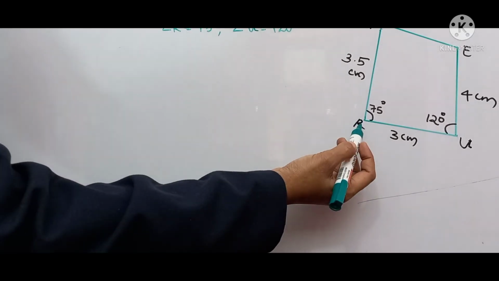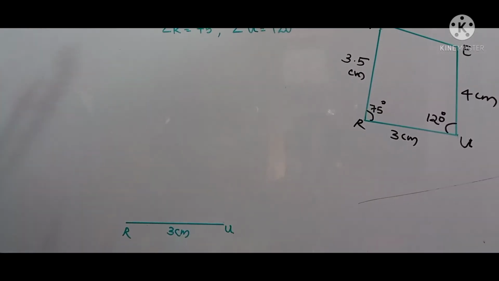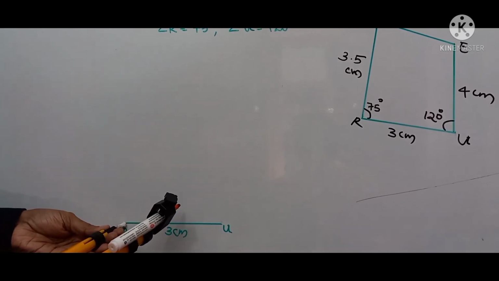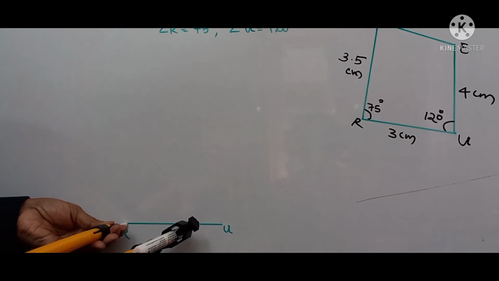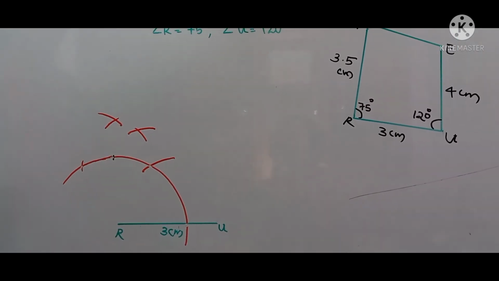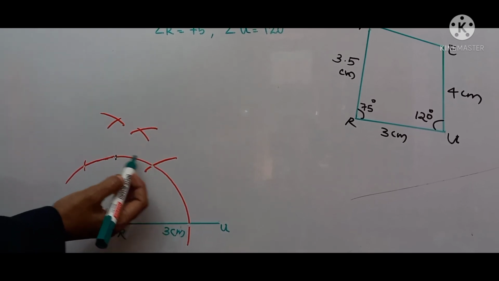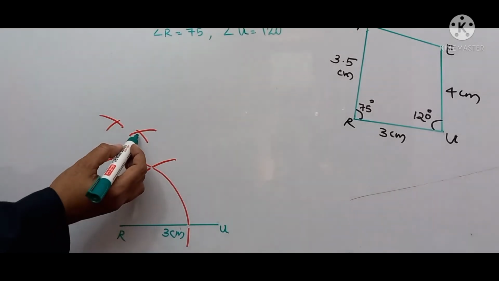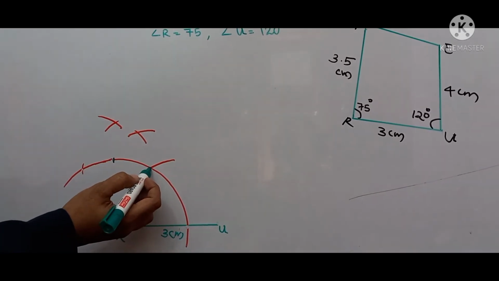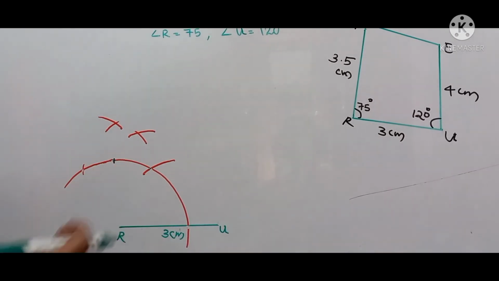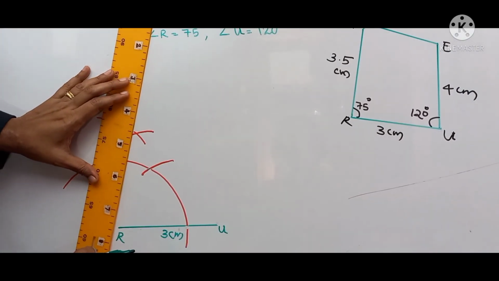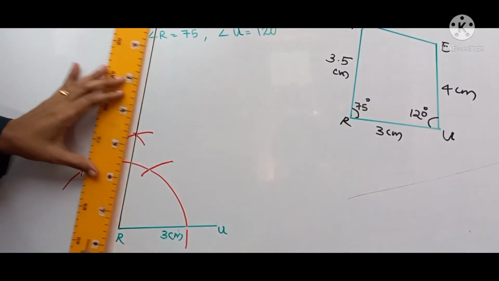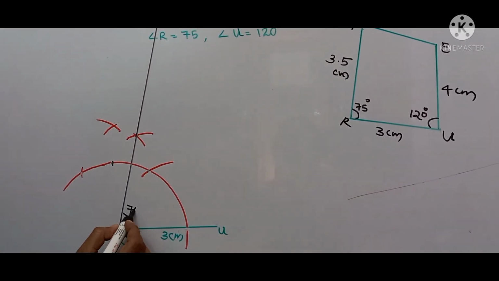Then we have to draw that angle 75 degree on R. Angle R is equal to 75 degree. By using a compass and pencil, we have to construct that angle R 75 degree. Here we have drawn that 60 degree angle, 120, bisector of 60 and 120, 90 degree angle. Then bisector of 90 and 60, we have got this 75 degree angle. Then we have to join this. And write here 75 degree.